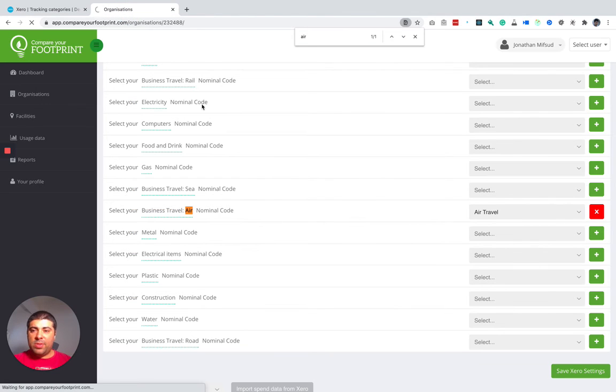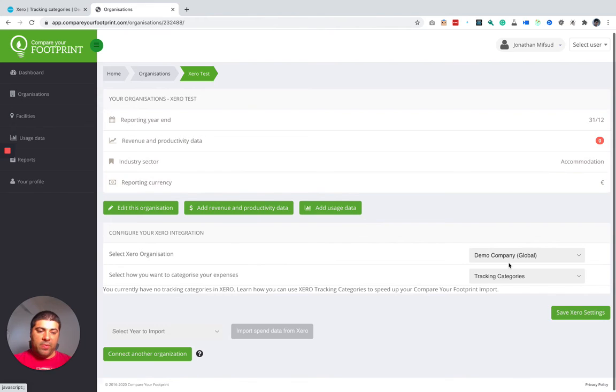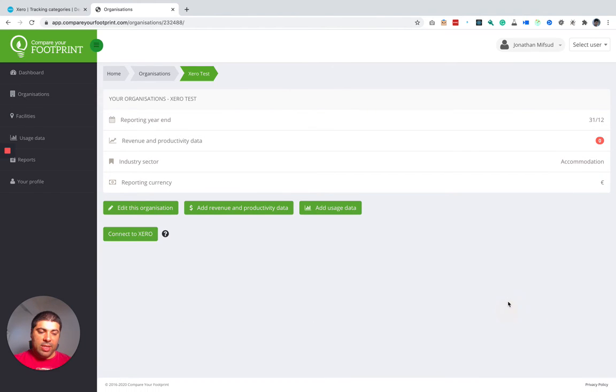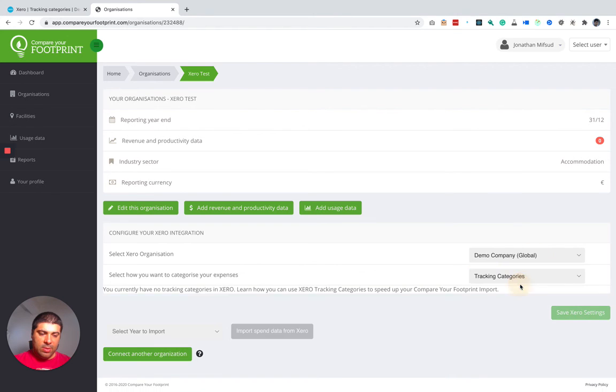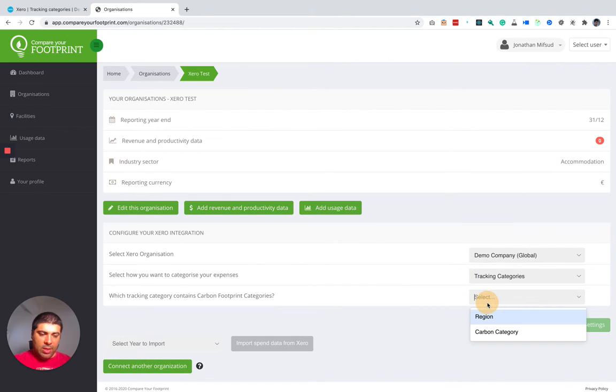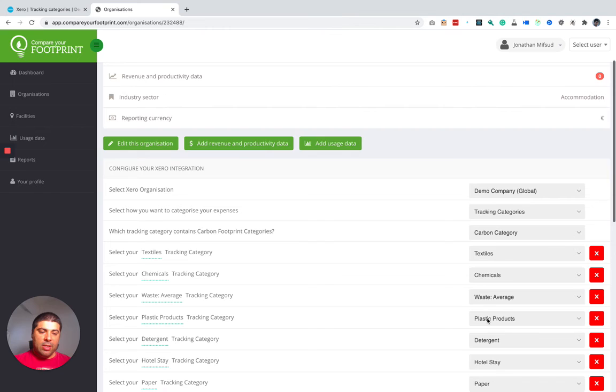I'm going to refresh once again on my Compare Footprint account to get the latest data. I'm going to select tracking categories. Just bear with me. And now I have two options. So I have region and carbon category. I'm going to select carbon category, and